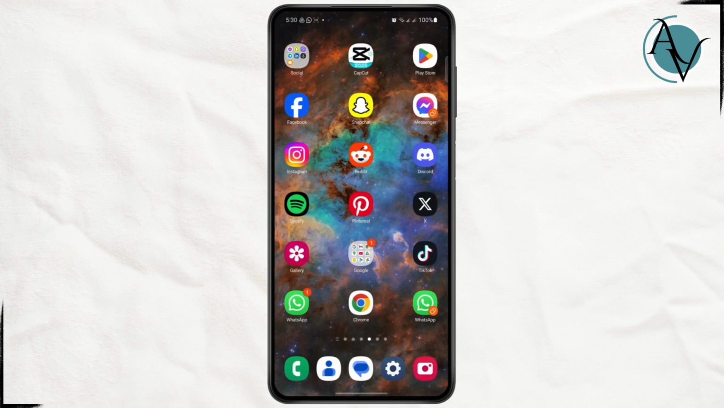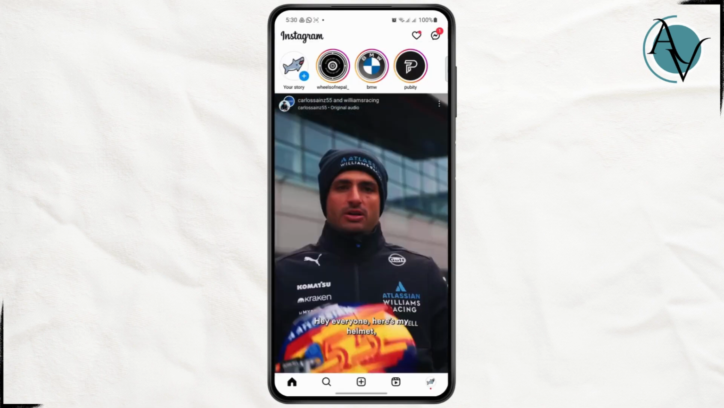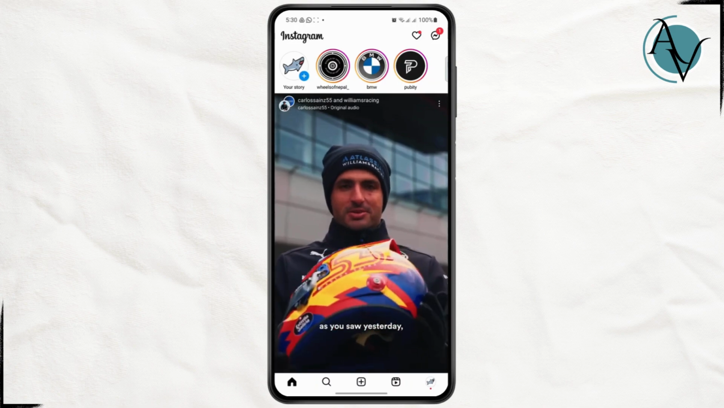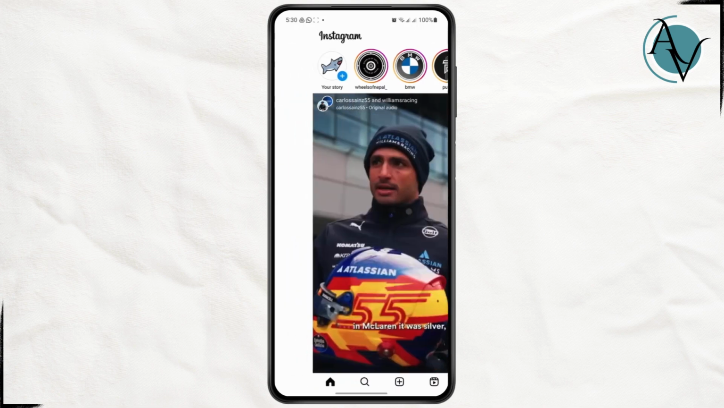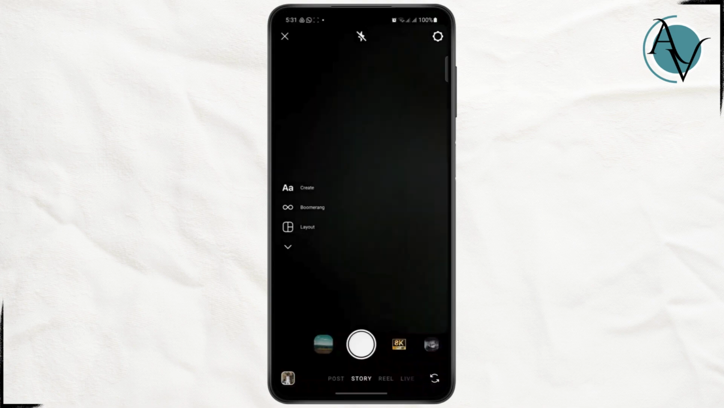The very first thing you want to do is simply open up your Instagram and make sure that you are logged into your account. Now you just want to access your camera section by swiping right on your screen, and